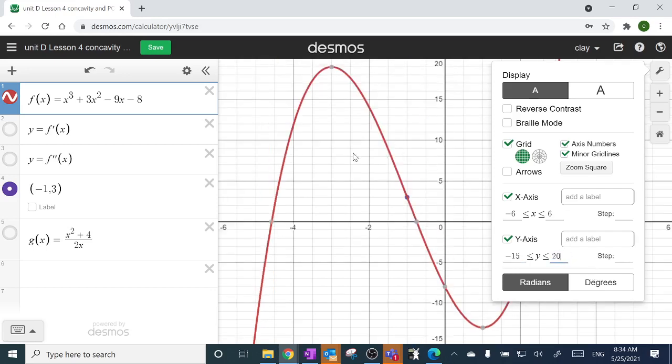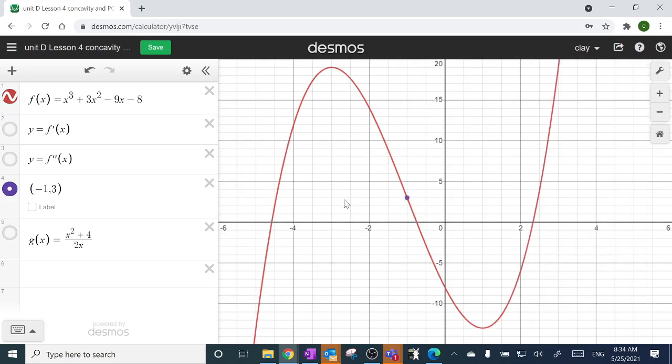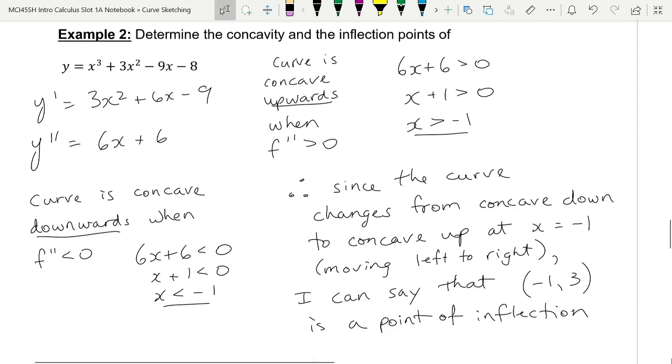Okay, so before we leave this graph, let's reinforce the last couple of lessons. Notice that the point of inflection doesn't have anything whatsoever to do with that point there and that point there, which Desmos is nice enough to just give us. But let's make sure, let's run through the algebra again. How do we find that? Let's say,